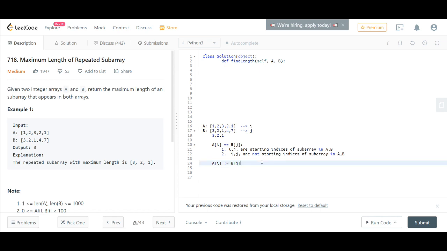And if it is not equal, that is A of I is not equal to B of J, let's say I is 1, so A of I is equal to 2, and B of J is equal to 7. In such a case, it doesn't make sense, right? It does not belong to any subarray. It's not common in the first place, so we can completely ignore this case. For this part we have to write code, and we have to keep updating the lengths of subarrays that we have seen so far. So for that I'll be taking a 2D matrix. Let me write sample code for you.